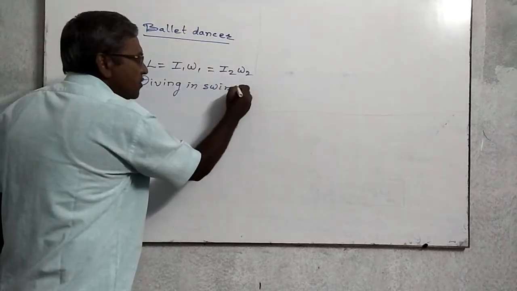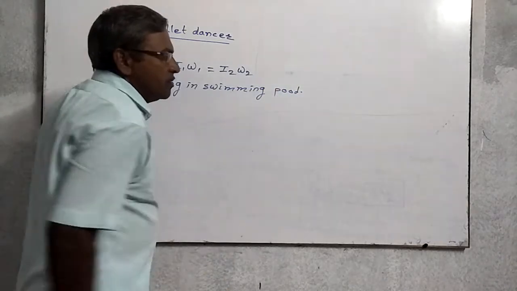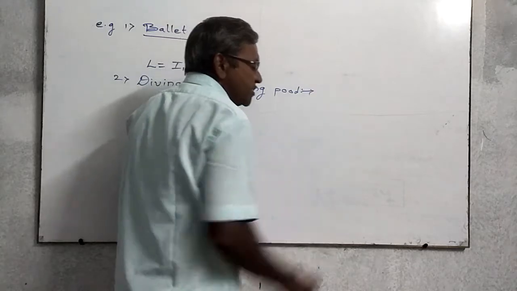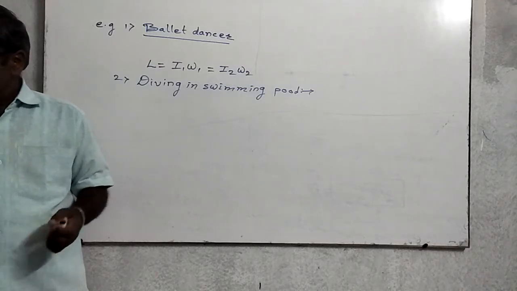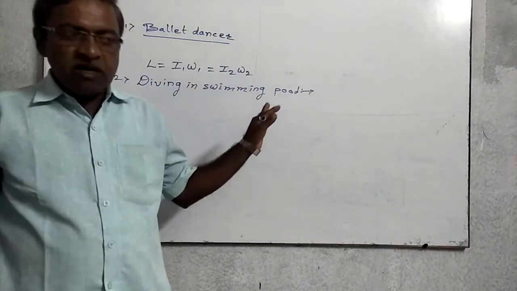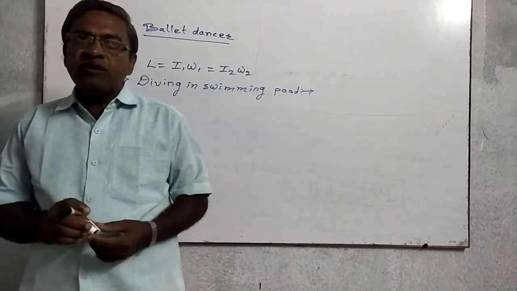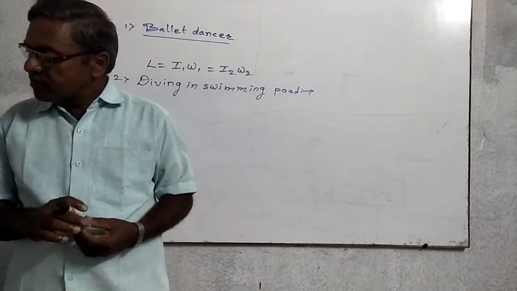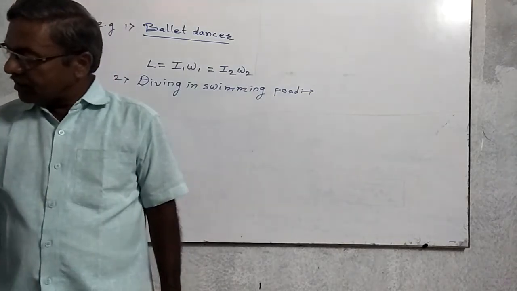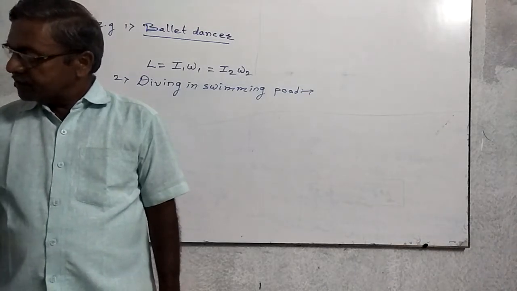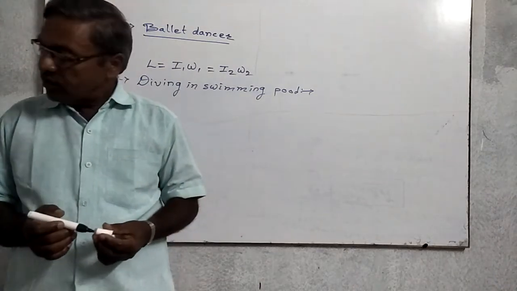Diving in a swimming pool. Suppose a swimmer is diving into the swimming pool, at that time its hands are outstretched from the body. So what happens here? Its moment of inertia increases, and immediately after that, leaving the board, they fold their body. This reduces the moment of inertia considerably, and the angular